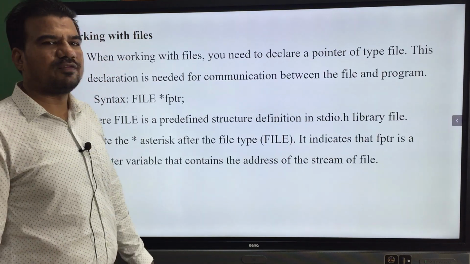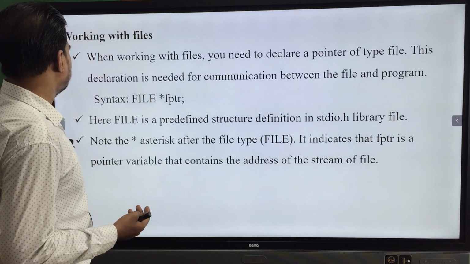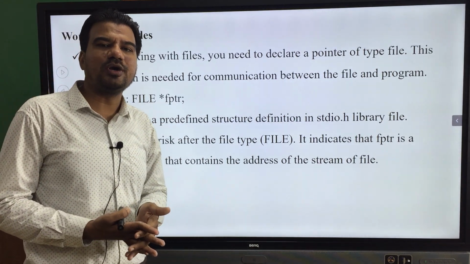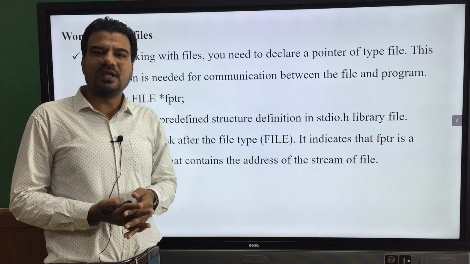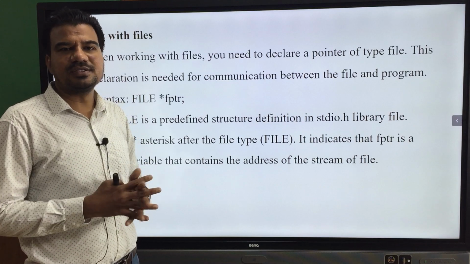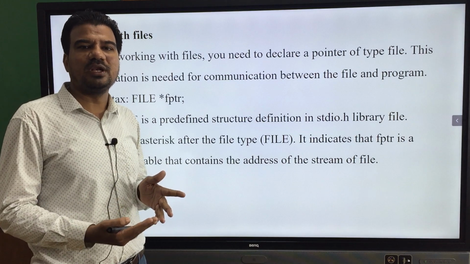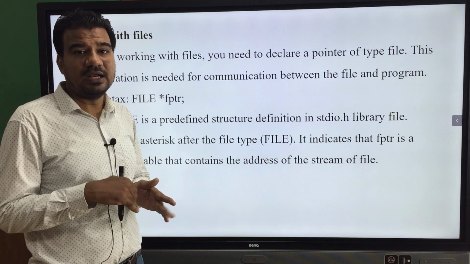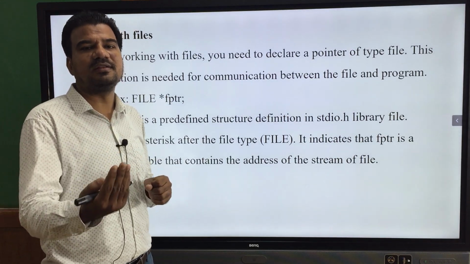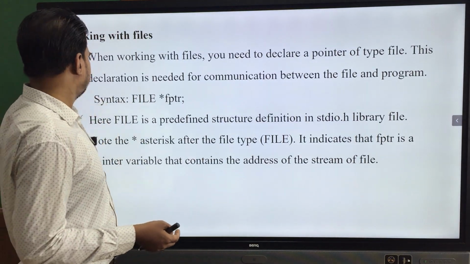In order to work with a file, what steps we have to follow, that also we discussed. That is creating a file pointer and assigning it to the fopen function, and when fopen successfully creates or opens a file, it returns the pointer to that file. Using that pointer only, depending on the mode, either we can read the data from a file or send the data to a file. Sending data is nothing but writing data to a file.